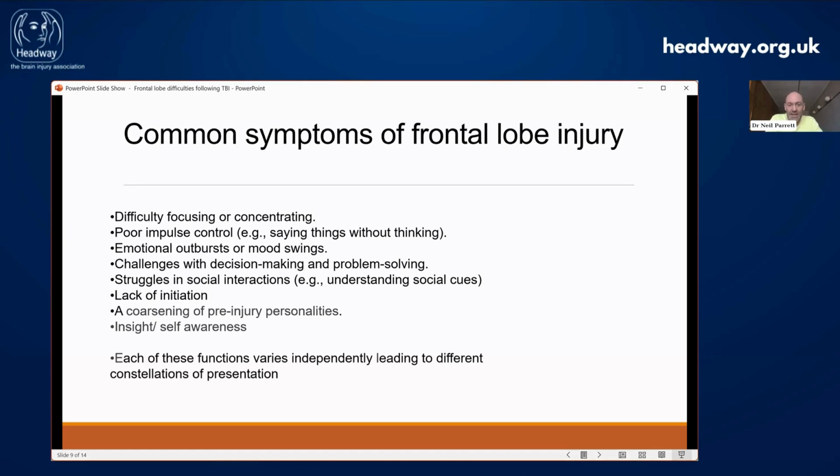Obviously, we can expect the ability to make decisions and solve problems to suffer when we're unable to organize that information, unable to project back in time and into the future. It often makes it almost impossible for people to plan or problem solve relatively simple tasks, which has implications for all areas of our life. And then, as I mentioned earlier, our social rules and norms are